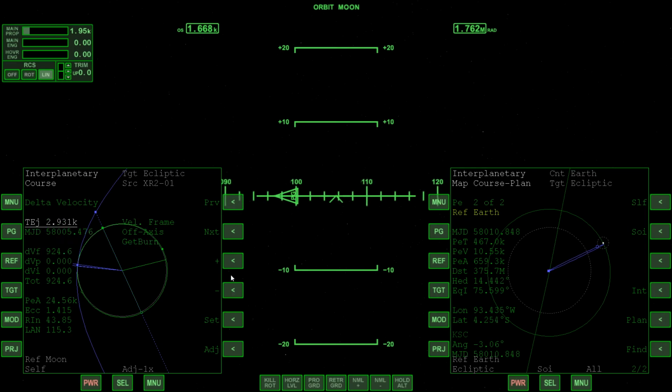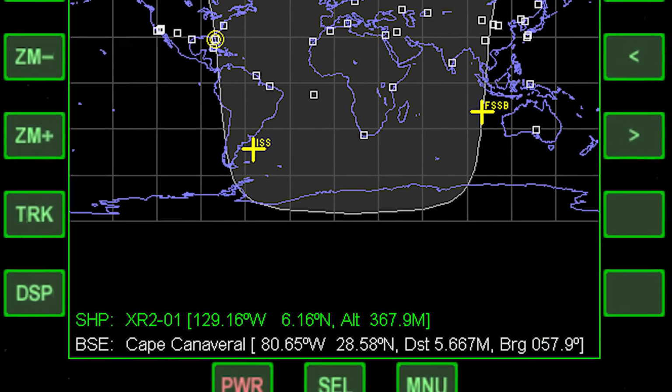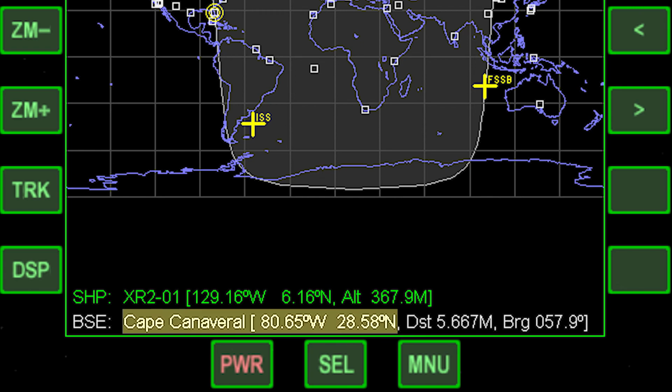And that's important because if we want to do a direct entry and not have to go back around the planet another orbit before we land at our base, we want to hit the atmosphere far enough back from our base of choice so that we have enough time to do an aero capture, slow down, re-enter, and land immediately. Now, you can get the longitude and latitude coordinates of your base by looking at the map MFD for the Earth.